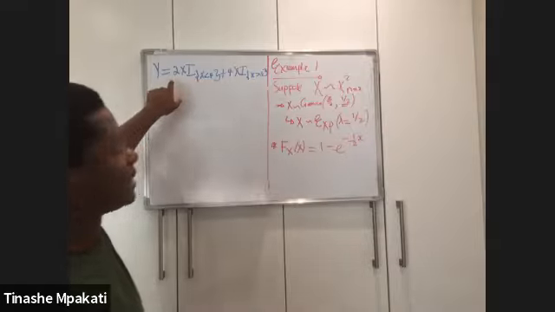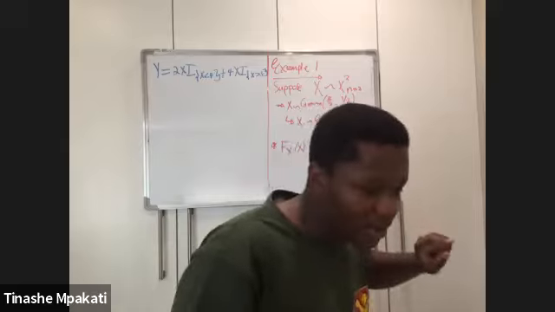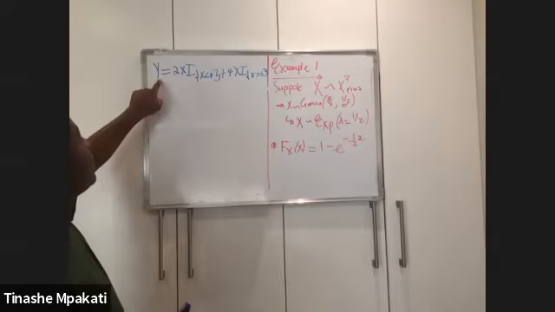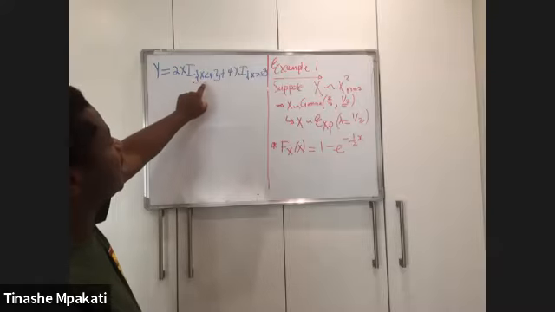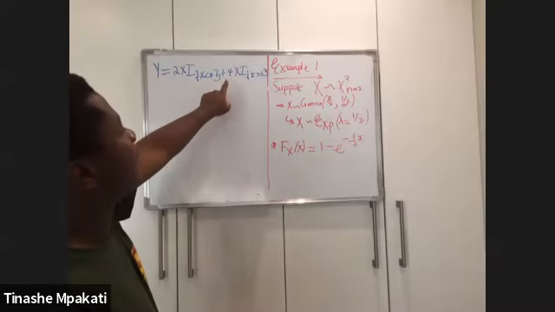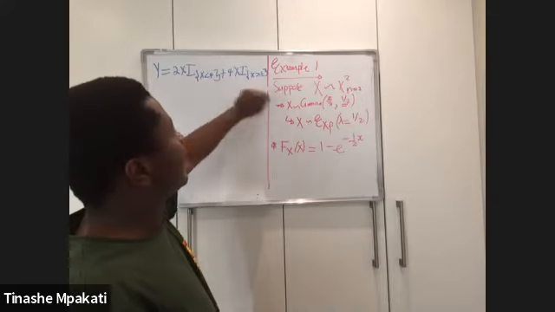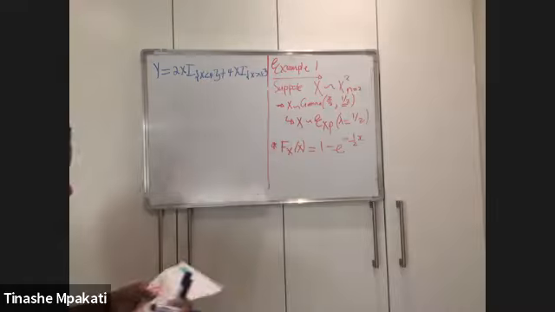I'm just going to quickly say what it is, in case some of you may not be able to see this properly on the board. This is saying y is equal to 2x, indicator function, where x is less than 4, plus 4x, indicator function, where x is greater than 4.